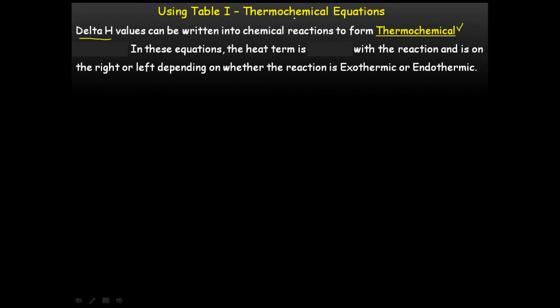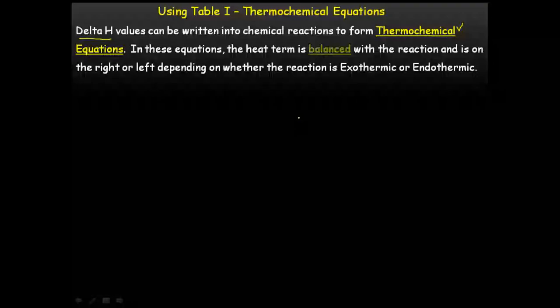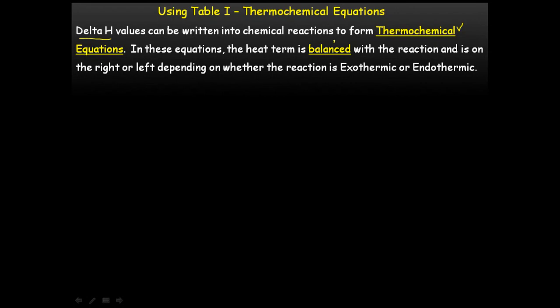So we know how to write a chemical equation with the balancing and the reactants and products, but when we add the heat in there, it's called thermochemical. In these equations, the heat will be balanced with the reaction and is on the right or the left, depending on whether the reaction is endothermic or exothermic. So you have to decide this first,